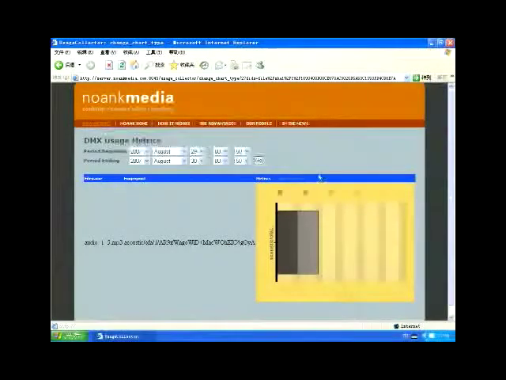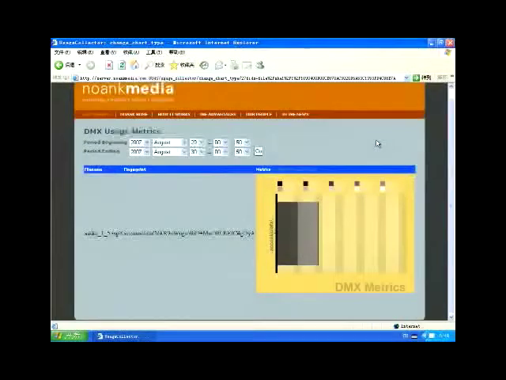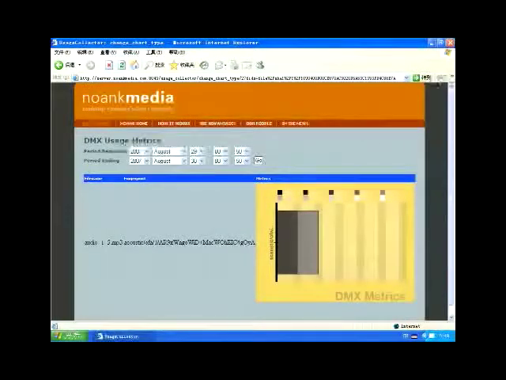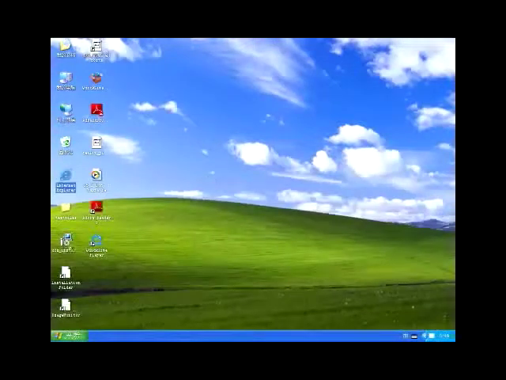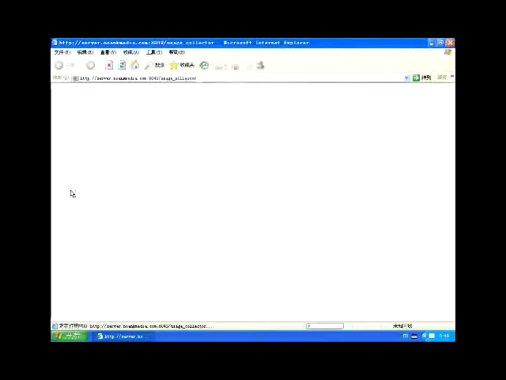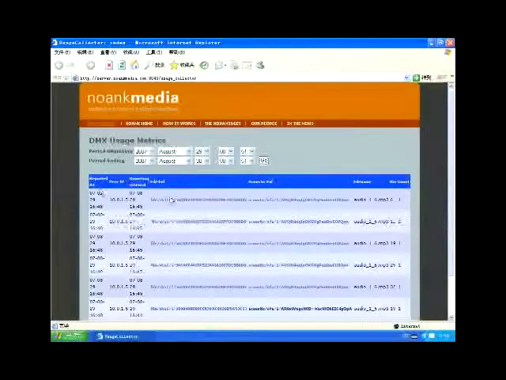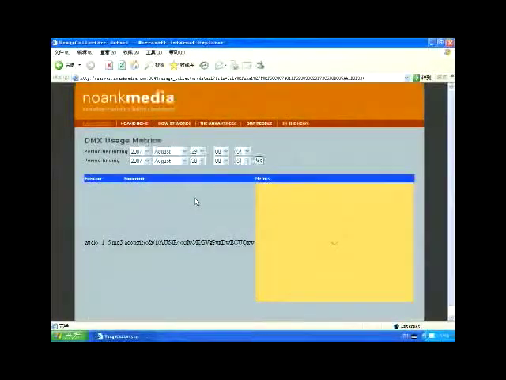A final point I'd like to make is that we take users' privacy very seriously. So we will not reveal the information about the users whose data we are collecting. And in fact, we don't collect individual information about any of the users. We only collect aggregate information about content usage.